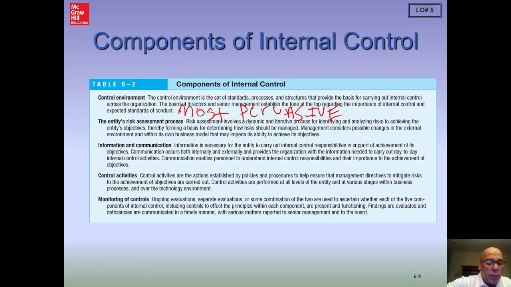and you can see if you take a look, our control environment really sets the tone at the top. Okay, sets the tone at the top, and it really is making sure that individuals understand the importance of internal control and achieving the entity's objectives. Okay, then the entity will do a risk assessment process. Now, it's important to know that this is not the same as the auditor's risk assessment, as the auditor's assessment of risk of material misstatement.